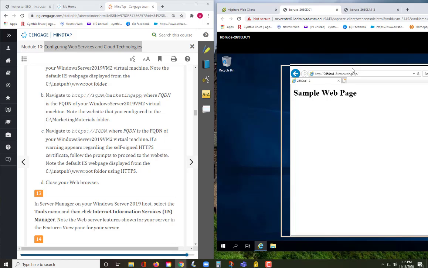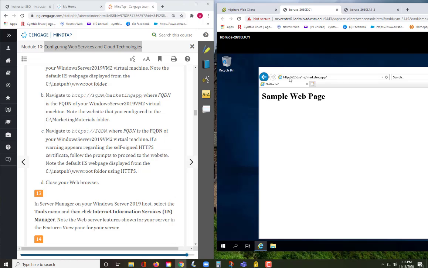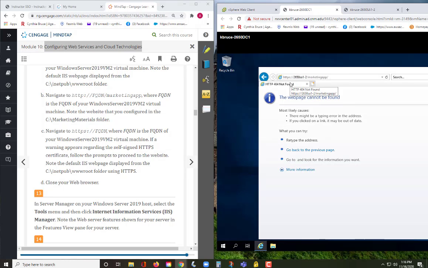So I'm curious now, why, even though we created it, it says file not found, even though it's there. So navigate here. RevQN is your server. If the warning appears regarding the self-signed HTTPS certificate, follow the prompts to proceed to the website. Note that the default IIS webpage displayed from the